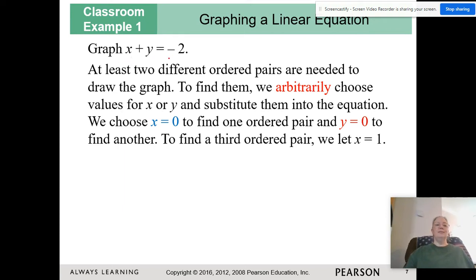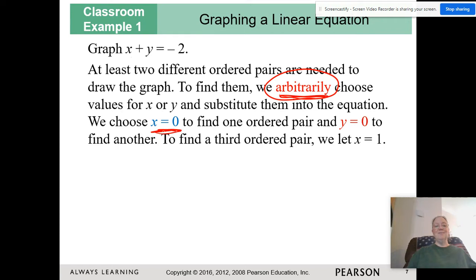We want to graph x plus y is equal to -2. Okay, we need to find 3 solutions to that particular equation. They can be any solutions to this particular equation. We can arbitrarily choose values for x or y, not both at the same time, and substitute them in. This word arbitrarily means, in this circumstance, basically randomly. There's no rhyme nor reason. There's no specific x value or y value we have to plug in. That being said,